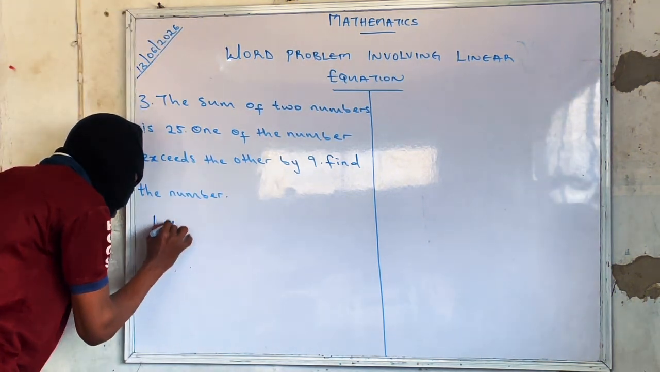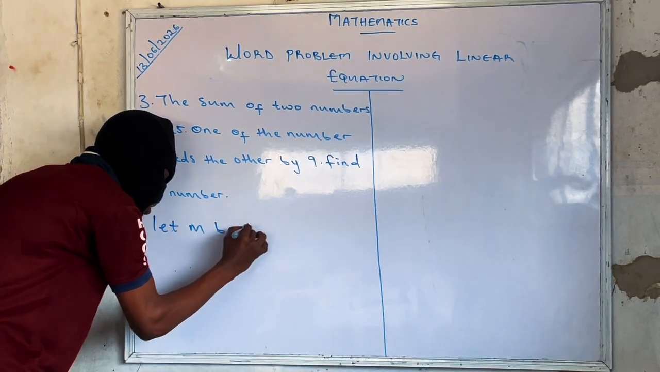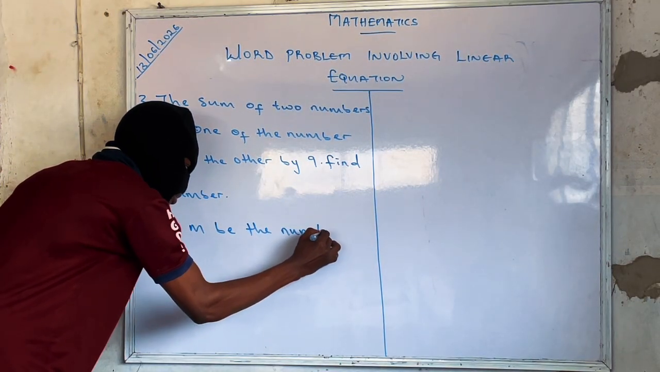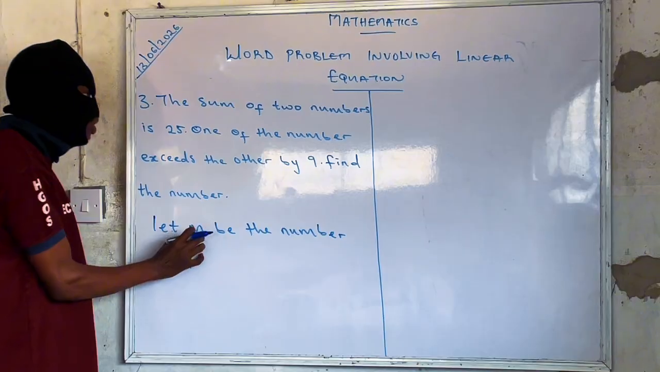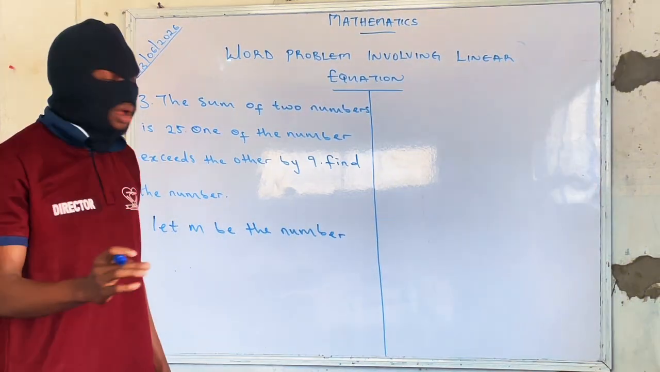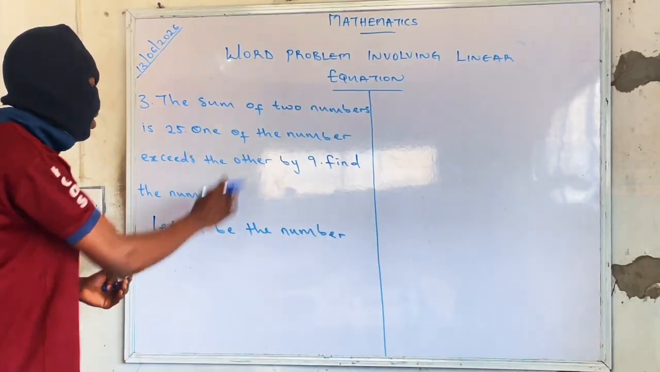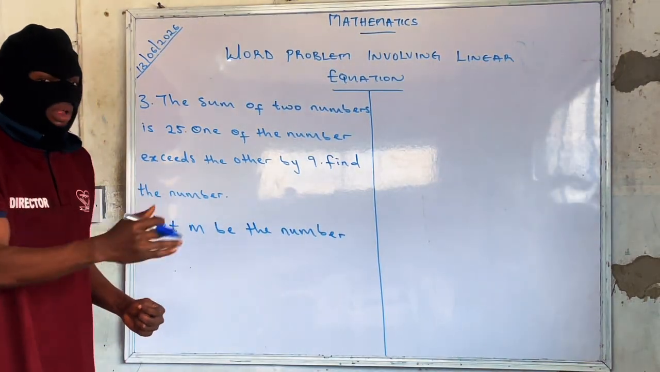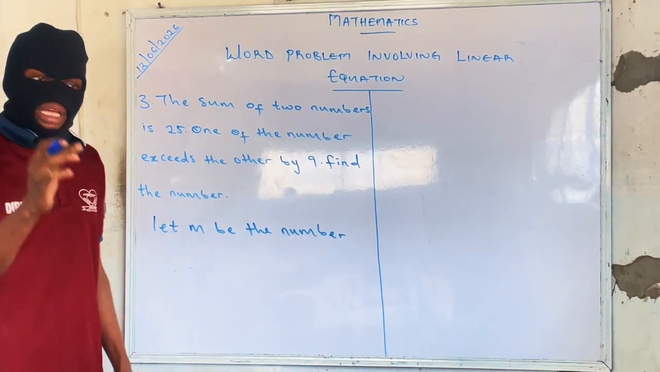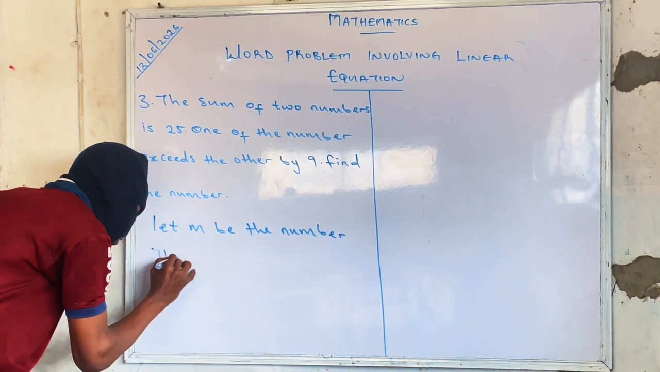Now, so let M be the number. Since we already use M to represent the number, the first number will be M. But what will be the second number? Remember that one of the numbers exceeds the other by 9. Since the first number is M, the second number